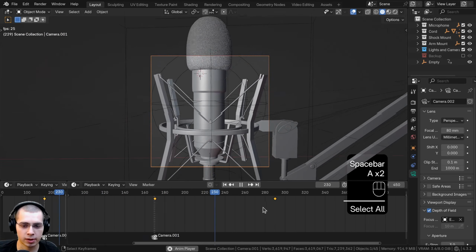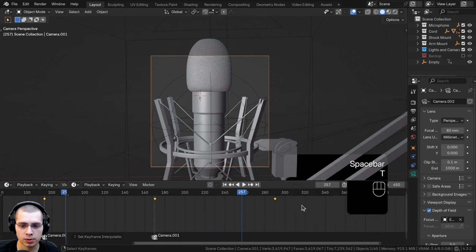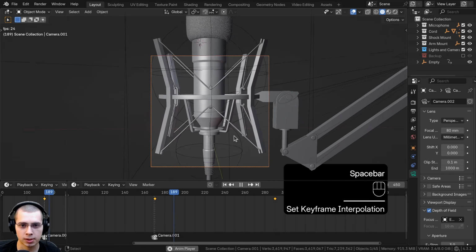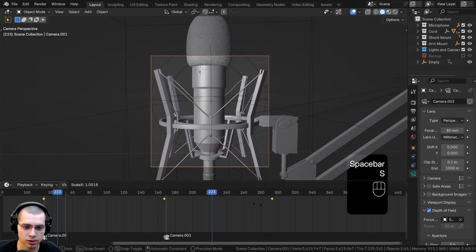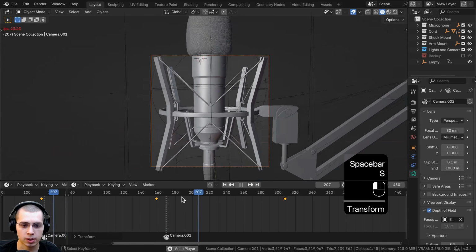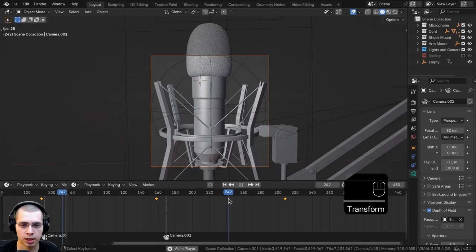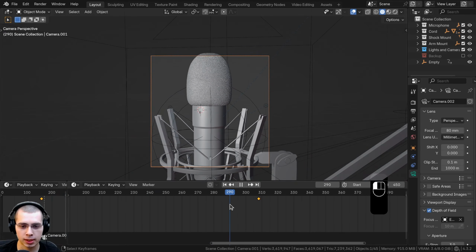Now I need to select everything in the timeline, select all the keyframes, and we'll use T, and again, we're going to use the linear. So now when I play this, you can see it's moving at a consistent speed. And then if it's moving too fast, you can also just hit the S key to scale it. You can scale the keyframes out, and so if they're farther away from each other, the animation's going to play a little bit slower. So let's go to frame 290 again, right there, 290, and we're going to duplicate the